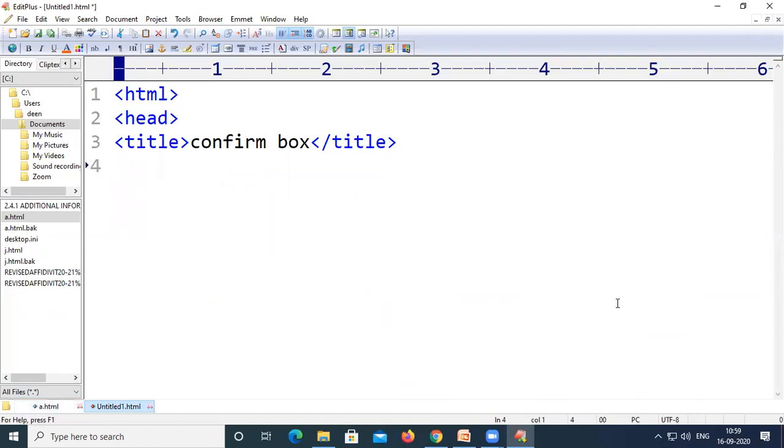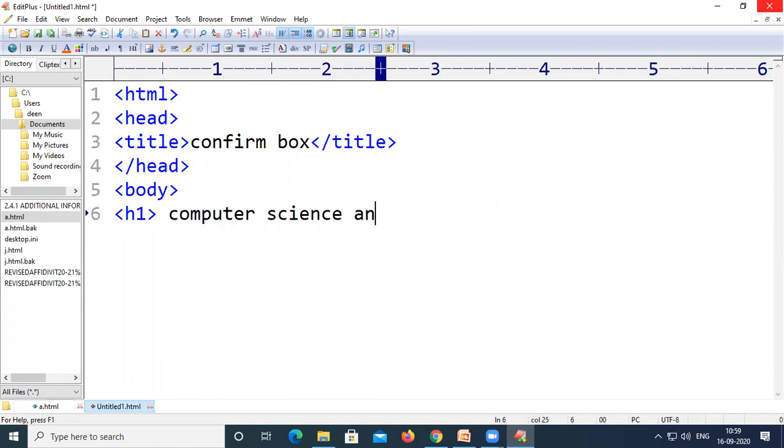Now just close the head section, open the body section. Inside the body section, similar to the previous one, I want to display computer science and engineering. I just want to close this H1 heading.